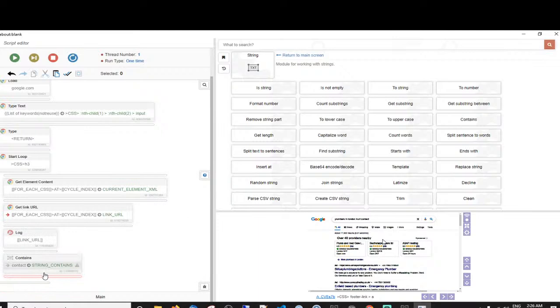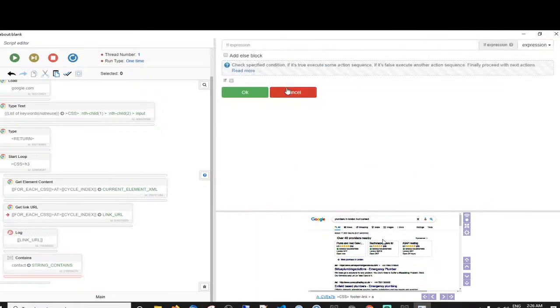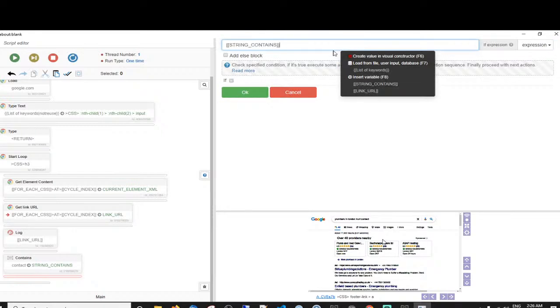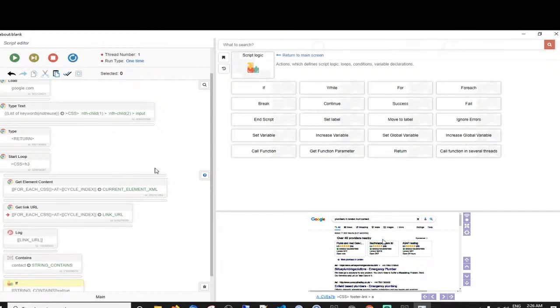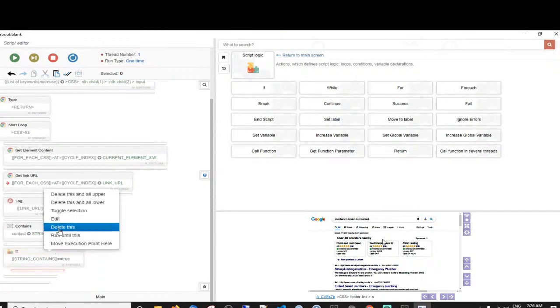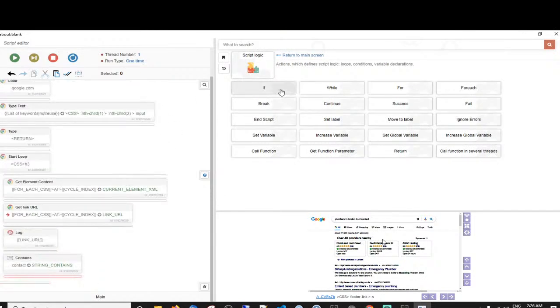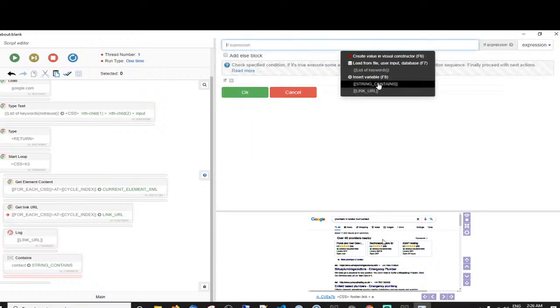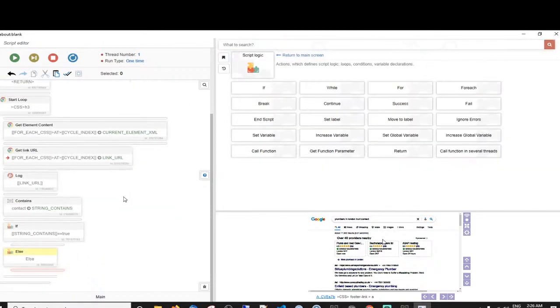So then what we can do here is an if statement. We can say if string contains equals true, in other words, if it has the word contact in the URL. Right, if. And then have an else. That's what I wanted to do. Equals true. Simple as that. So if it does, then what we want to do is